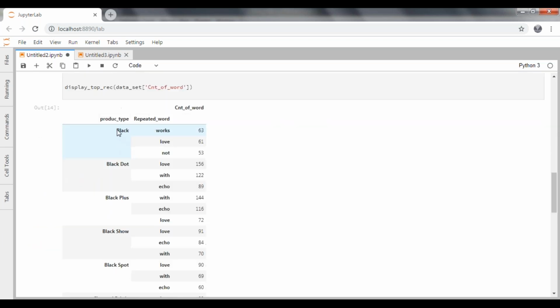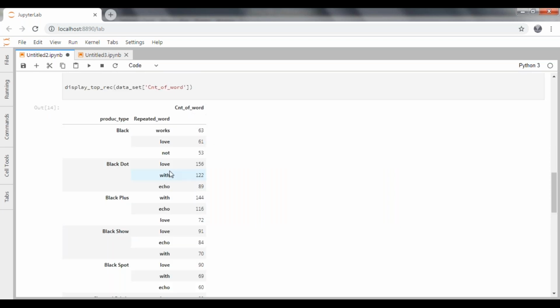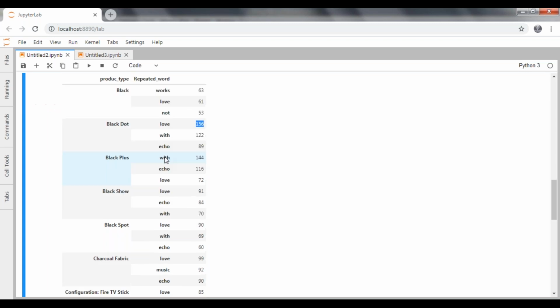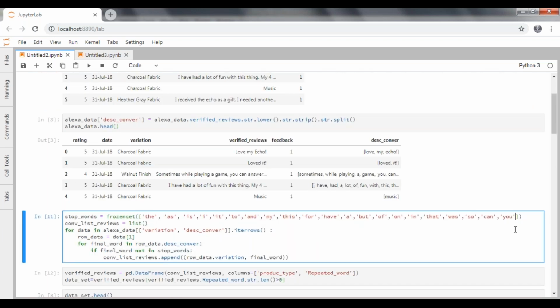See here. So I do not see my values I, the, this right now. So for the product type black, the most repeated word is works. How many times? 63. And love repeated 61 times. So for black dot, the most repeated word is love, which is 156 times. If you don't want to get with also here, you can pass with in the stop words. That will go ahead and stop your